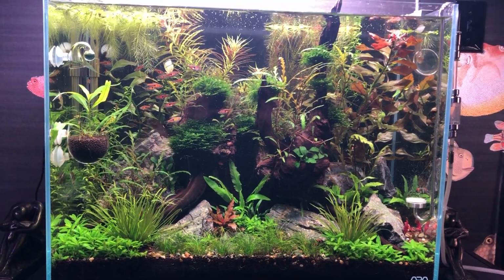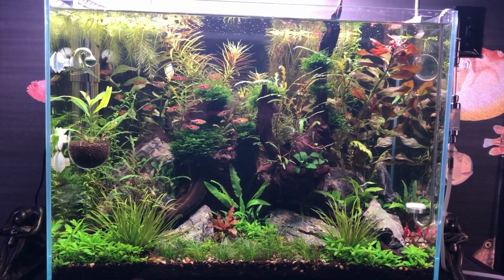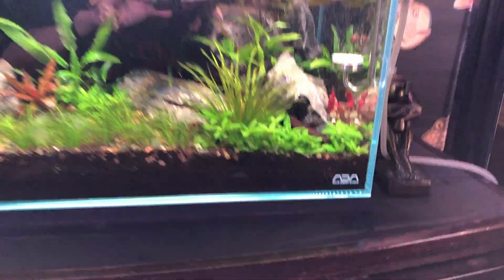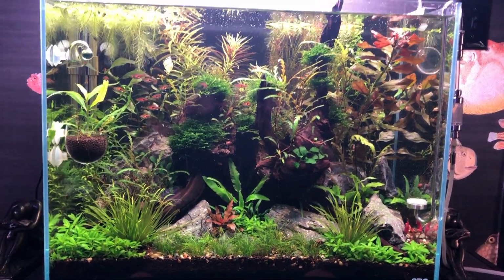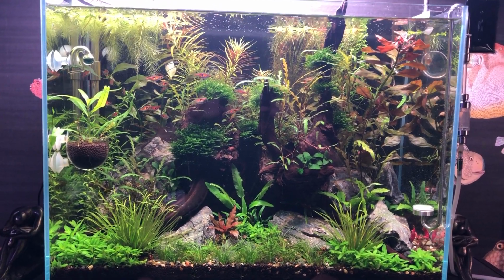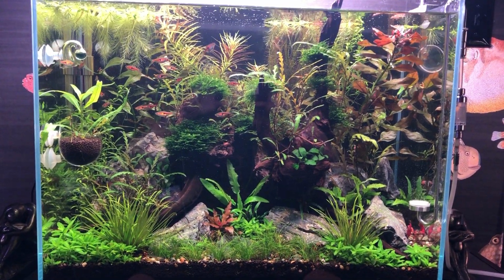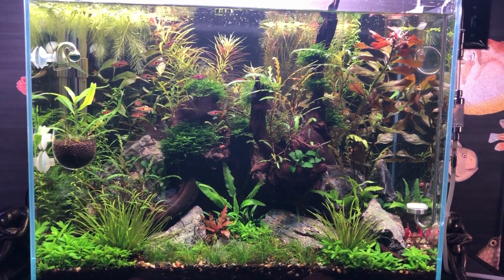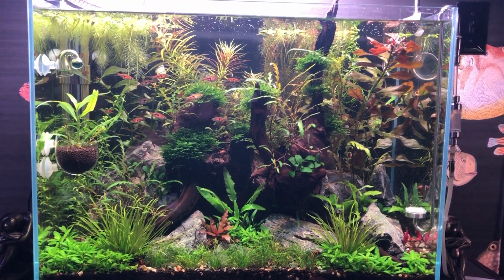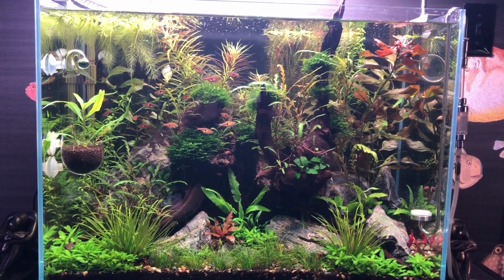So we're looking at the 22 gallon, give or take. I don't know the exact measurement. It's the ADA tall version of their 20 gallon, which adds a couple gallons. It's a little bit more of an unusual shape. Tall is trending in terms of the aquarium hobby, and I guess I was in front of that to some extent. Whatever, right? But I am so happy I have this tank because those stems in the back are already